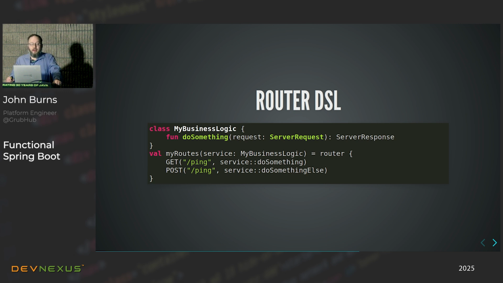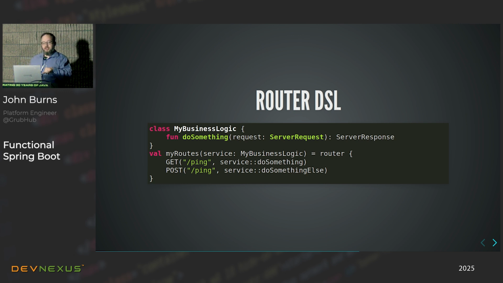But I can't stress it enough, this is very easy to test, right? You don't need to worry about mock MVC and that kind of stuff, because you'll probably have your one integration test where you are actually spinning up a test REST template or whatever and hitting all of your endpoints. But to test the logic of it, like, oh, in this case we get a 404, in this case we get a 200, all of those non-happy path tests are very easy to do because you just test that function, right?